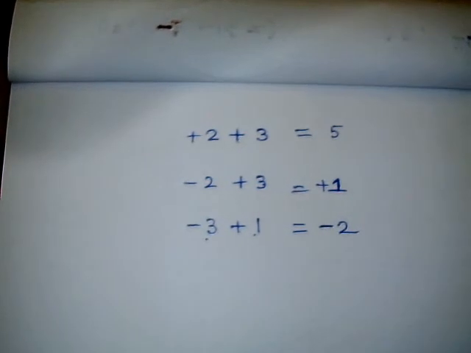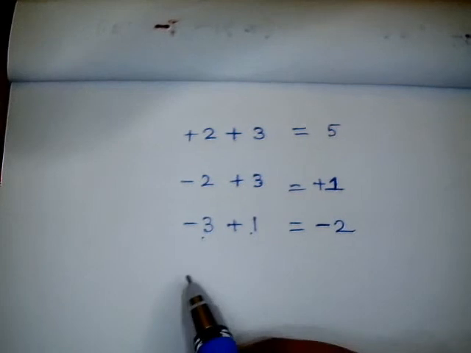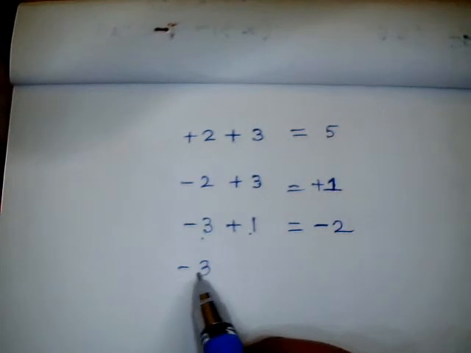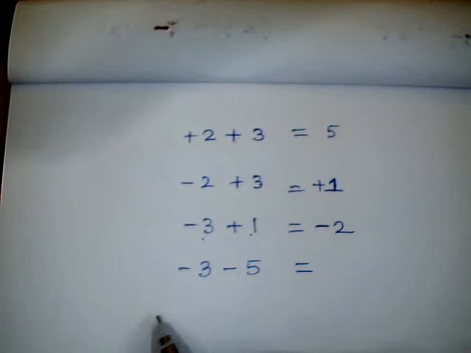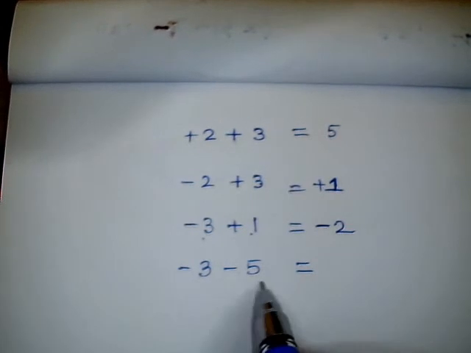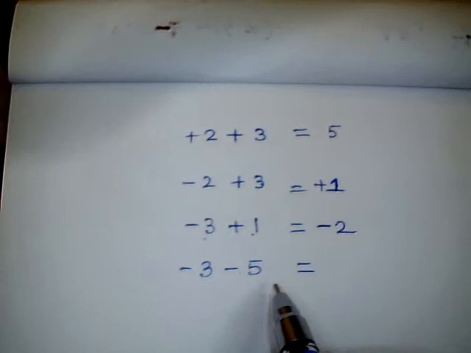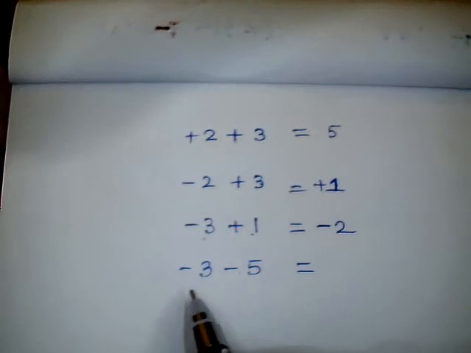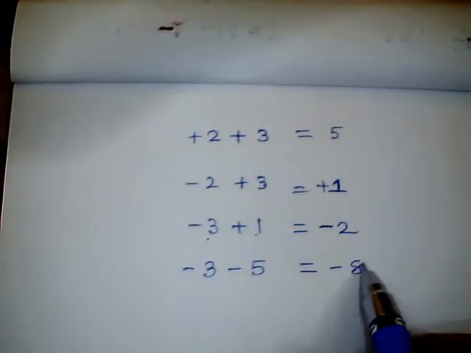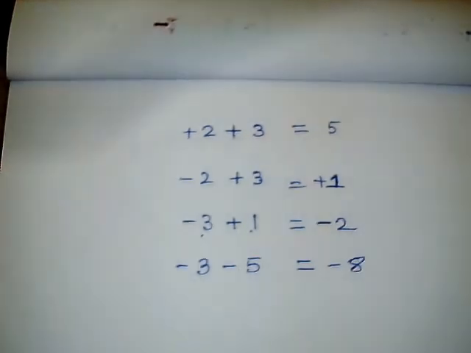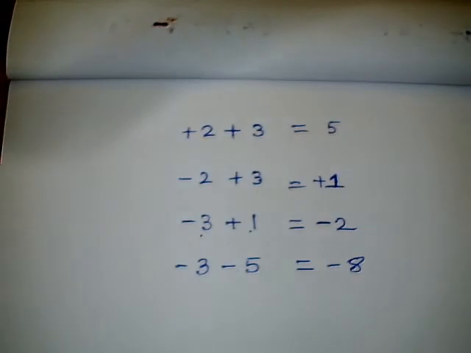Correct. Now for example, if it is written negative 3 and negative 5, both are negative, so the quantities will get added, and that quantity will be more negative, because negative and negative get added, so you will have a more negative quantity. It's going to be negative 8. Here we are not multiplying, like negative times negative is positive. Here we are not multiplying. What we are doing here is adding or subtracting.